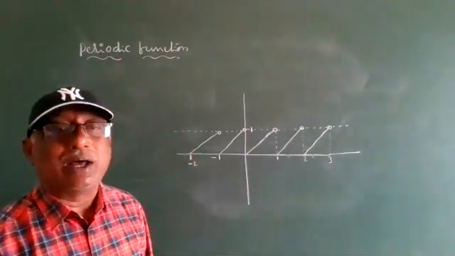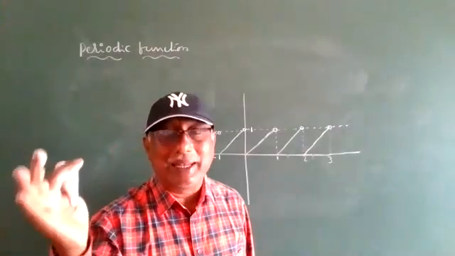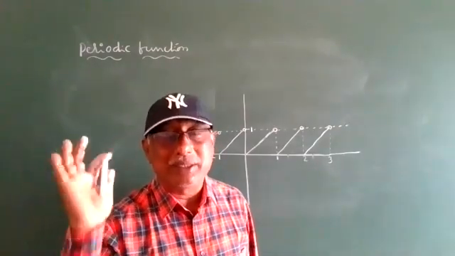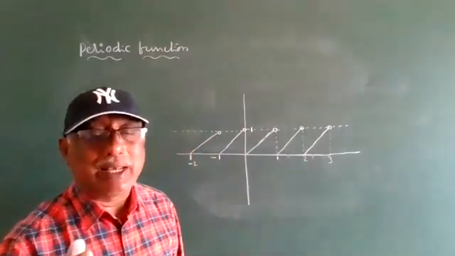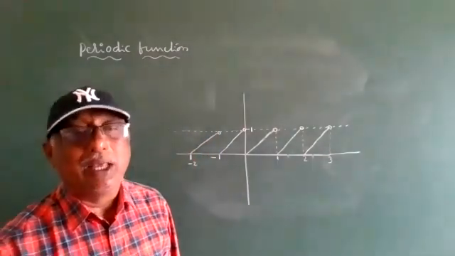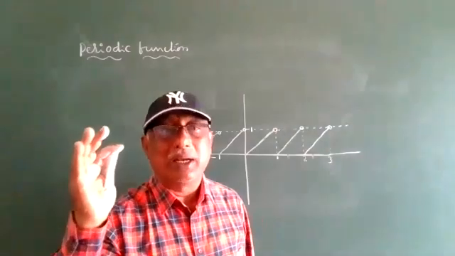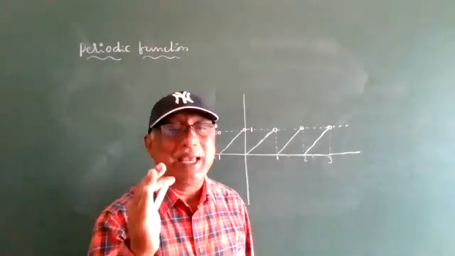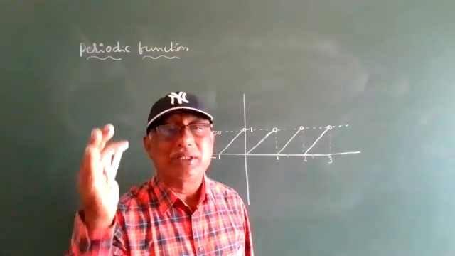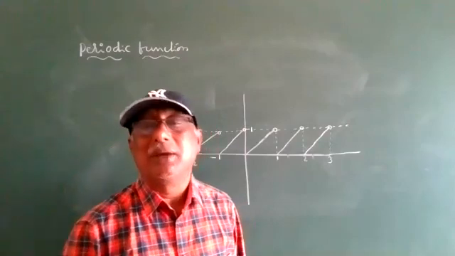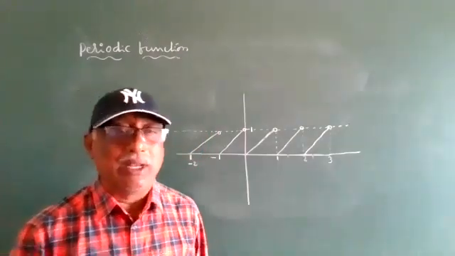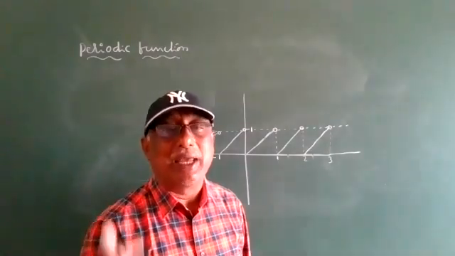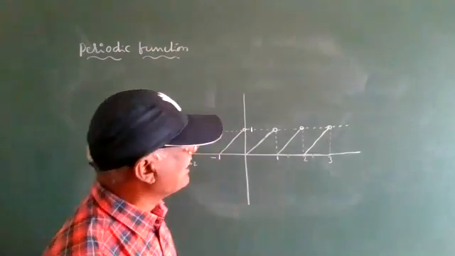Tan x values are repeated after 90. Sorry, the values of tan x are repeated after 180. Therefore, tan x is a periodic function. Therefore, we say that trigonometric functions are periodic functions. Any function whose values are repeated continuously is called a periodic function.